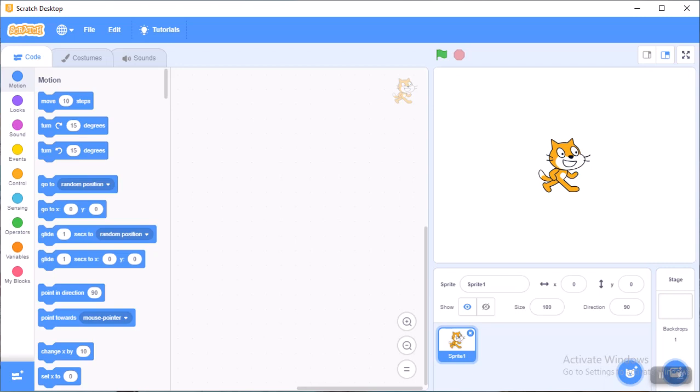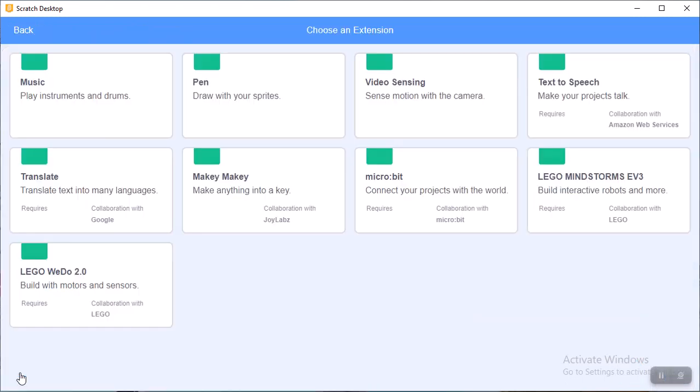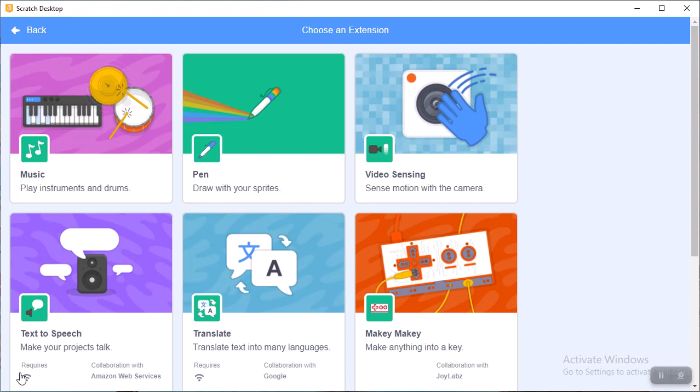Let me give some introduction about the components of Scratch. This one is the file tab. These are the blocks. In total we have 9 blocks here, and if we need more blocks we have to click on this add extension option. In add extension we have the options of music, pen, video and all these.